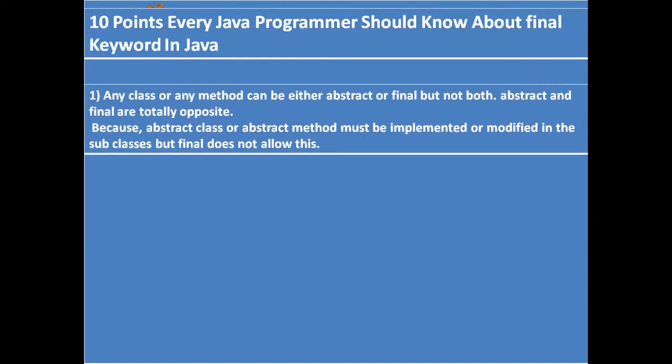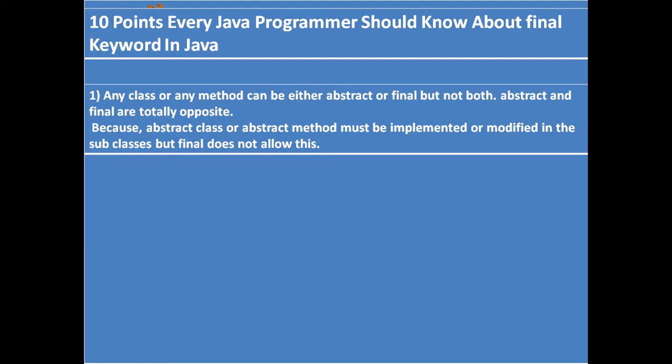Number 1 is any class or any method can be either abstract or final, but not both. Abstract and final are totally opposite, because an abstract class or abstract method must be implemented or modified in the subclass, but final does not allow this. In the abstract class and the interface, we define the abstract method. Why do we define the abstract method? So that in the child class or subclass we can provide the body for that abstract method. But for the final method, we cannot give the body in the